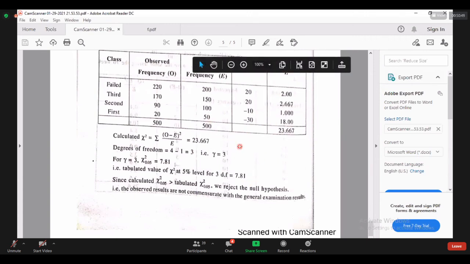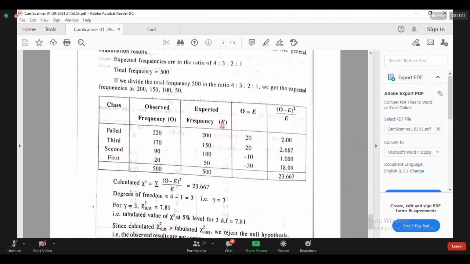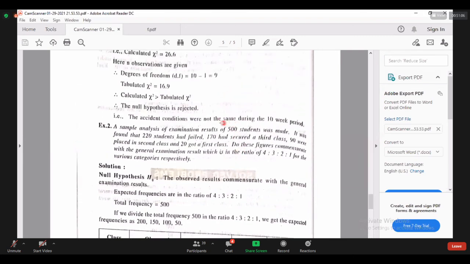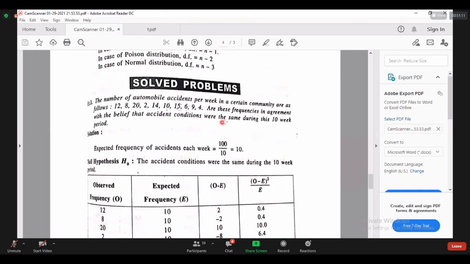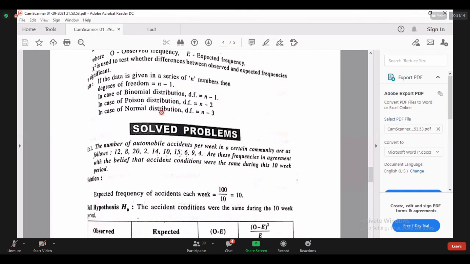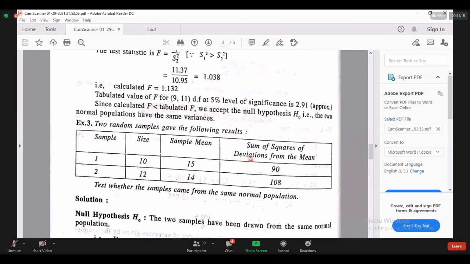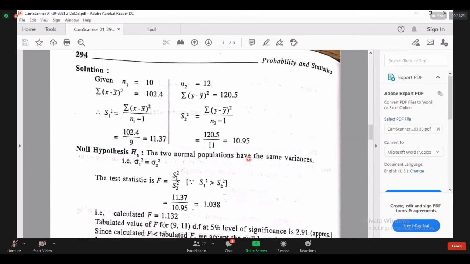Yes, this is the last topic in fourth unit, chi-square test. Today I am unable to write, some problem is there. I hope all of you understood this one. When will we use the F-test and when will we use the chi-square test? The F-test is used when they are discussing population variances.